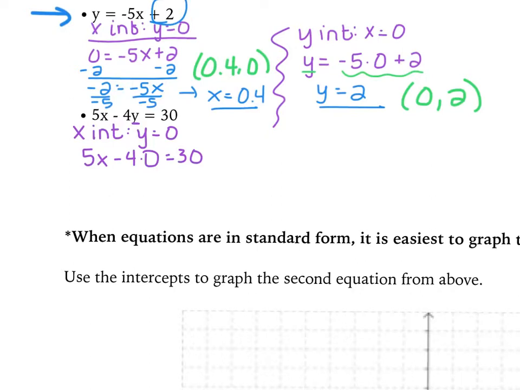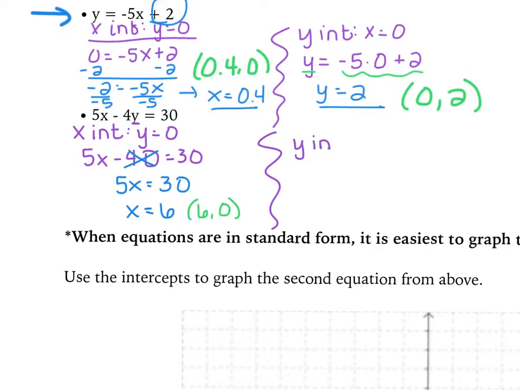Well, 4 times 0 is just going to cancel. So I'm really just left with 5x equals 30. And if I divide by 5 on each side, I get that x equals 6. And that's my x-intercept. Again, if I wanted to think of that as a coordinate, it would be 6 comma 0. To find my y-intercept,